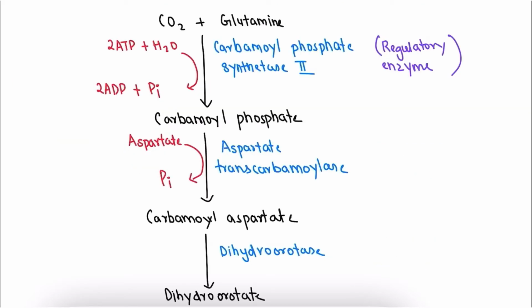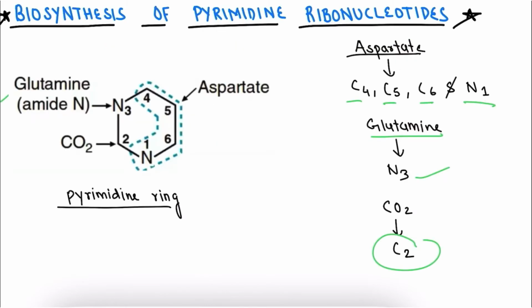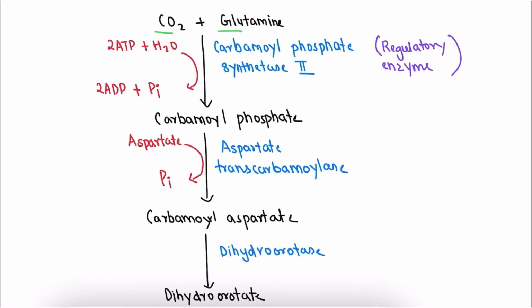Now let's study the pathway of pyrimidine biosynthesis. I have split this pathway into 3 slides, which makes it easier for you to remember. In the first step, the CO2 combines with glutamine. CO2 is going to give us the C2 in the pyrimidine ring, and when it combines with glutamine in presence of an important enzyme, carbamoyl phosphate synthetase 2, which you can remember by CPS2, this is a regulatory enzyme of this pathway, and 2 ATP get converted into ADP and inorganic phosphate. So the first compound that is formed here is carbamoyl phosphate.